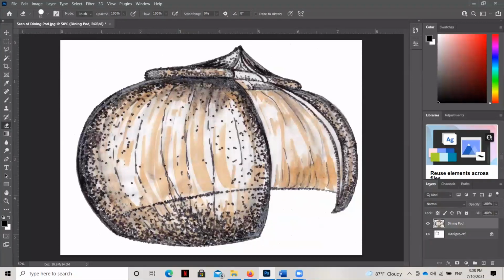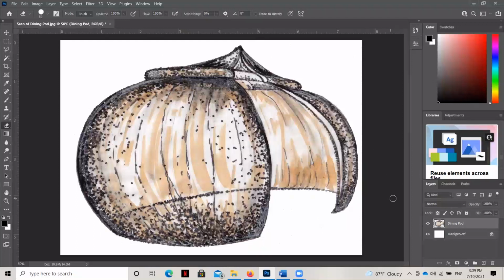Now, if for some reason I accidentally had clicked back to the background layer, it's not going to pick up anything because there's nothing to erase on the background layer. So I have to be selected on the layer that I want to work on. You can see here, there's a little edge right there that could be pulled off. Okay, so there's our Photoshop image with the background removed, and that's working well.